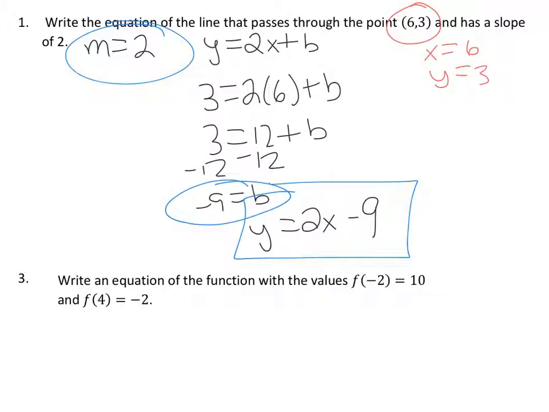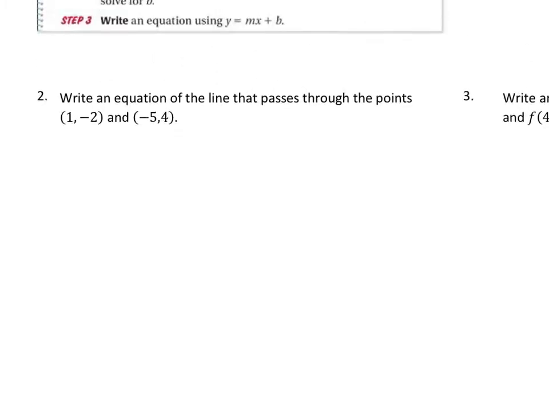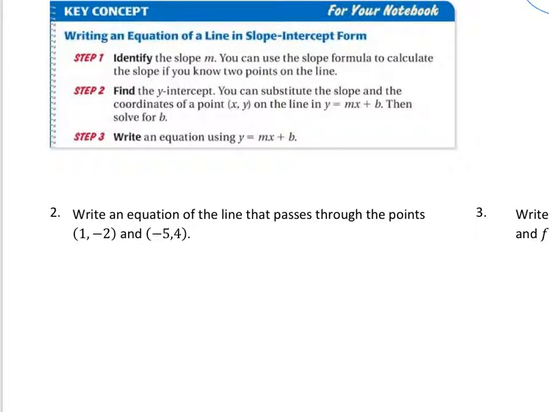Let's take a look at some more. Alright, here it says, write an equation of a line that passes through the points (1, -2) and (-5, 4). So here we're not given the slope or the y-intercept. So if we look back at the box, see how it says, identify the slope m. You can use the slope formula to calculate the slope if you know 2 points. See how we know 2 points? So that means